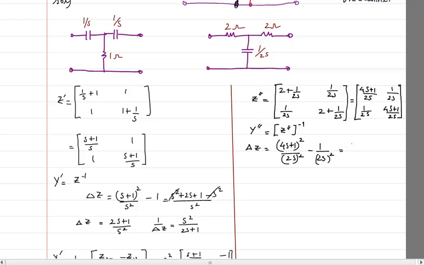It is just going to be 4s square, which is 16s square, plus 8s plus 1 minus 1 divided by 2s square, where delta z will become, 2 will get cancelled and one of the s will also get cancelled, so I will get 8s